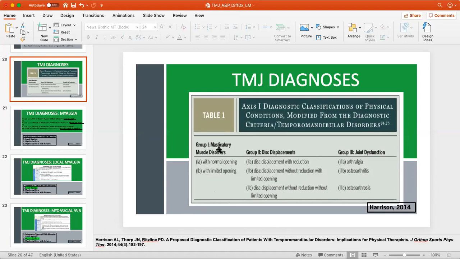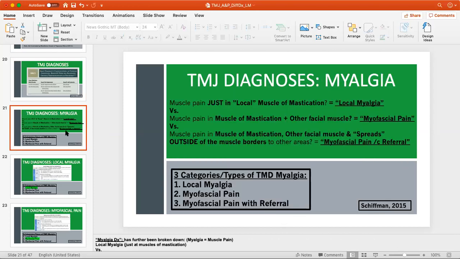So either the muscle's implicated, or something is going on with the disc, it's not good, it's not happy, or the joint itself is affected. So those are going to be your three main, and then within those, you're going to have nuanced diagnoses. And you can read a little bit about those, but we're going to talk through some of the ones that I want to highlight and I think are particularly important. But first, to break down this category of muscle dysfunction,